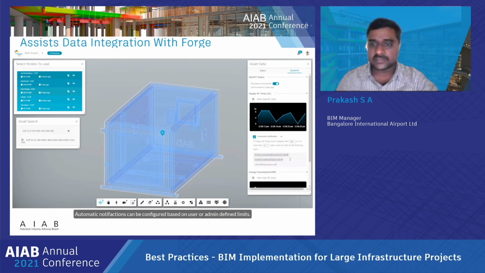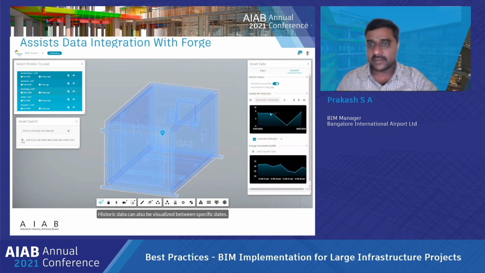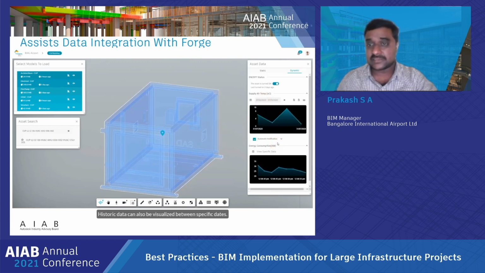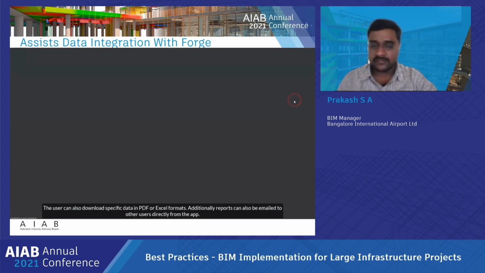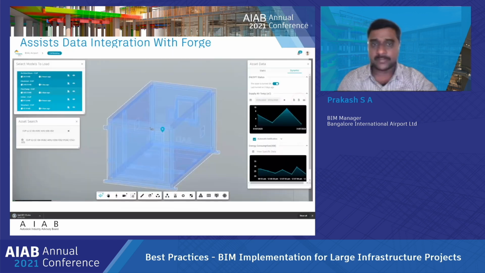So once the BMS system is integrated, we can send the dynamic information to the particular department or particular persons. We can convert it into PDF, and we can set the time, which day and which date we want to see the data, and this data we can send as PDF or Excel, and directly send it by mail also.